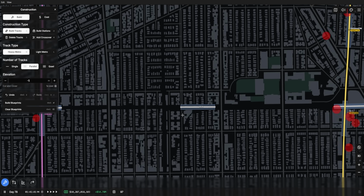Right, okay. Got an issue. Got a slight issue here. So undo. Build stations. If I make this a...